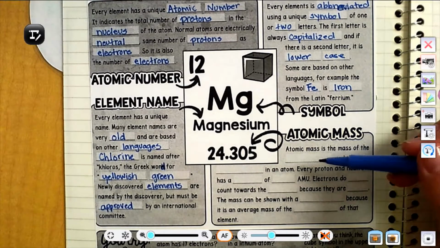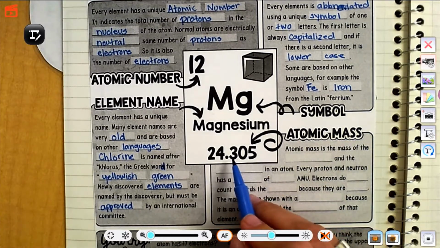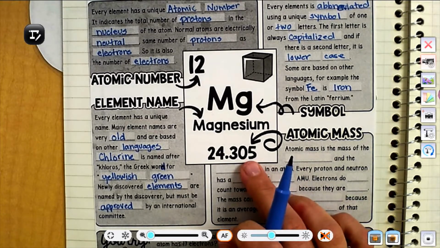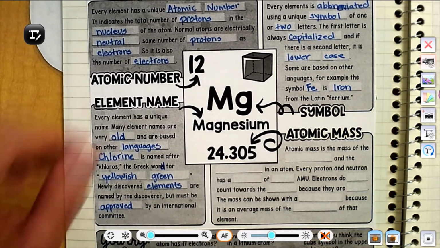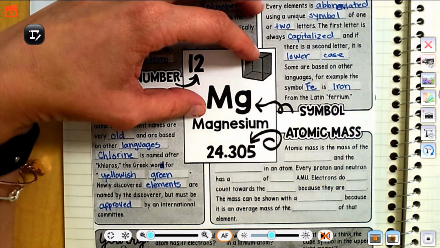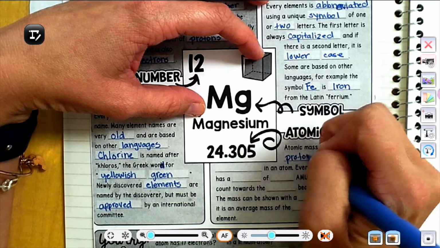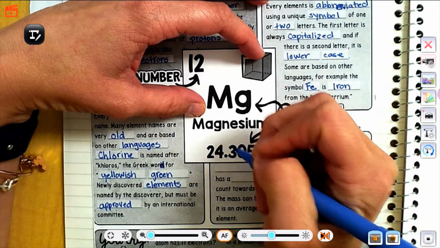Okay, let's move over to atomic mass. That's going to be the number that has a decimal. It's not a whole number. When we use it in class, we estimate it or round it to a whole number. So atomic mass is the mass of the protons and the neutrons, that's right,